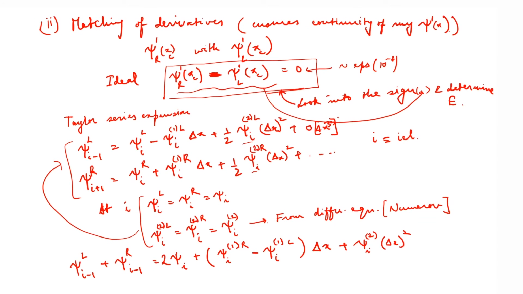If I simplify this, what I want is to compute the difference between the derivatives of my wave function from the outward integration and from the inward integration at the classical inversion point. That will be given by this equation: psi 1 R minus psi 1 L at I is equal to psi I minus 1 L plus psi I minus 1 R minus 2 plus f I delta x square. So, how do I get f I? I get it from the Schrodinger equation itself: psi double dash equals f psi. From there I have plugged in the value of psi double dash into this one,